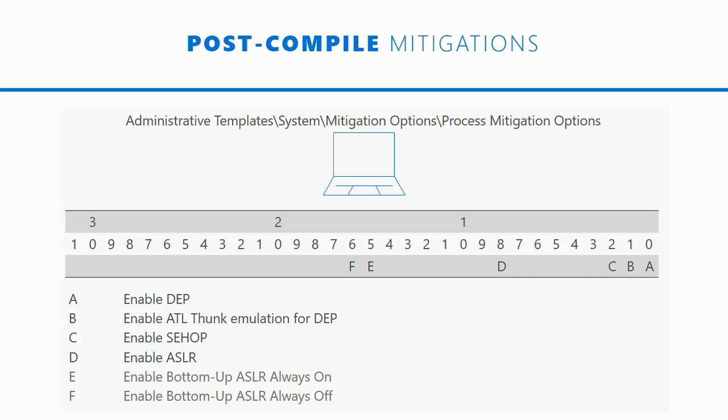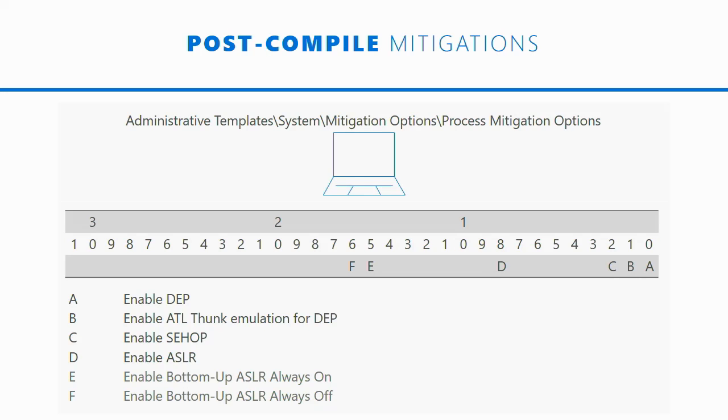So that little table in the middle with all those numbers, what we're going to enter is a bit mask that indicates either a 1, yes, please, I would like that feature, a 0, no, thank you, please leave that one turned off, or a question mark, I don't care. For all of these options, and curiously enough, we take bit 1, bit 2, and bit 3, that's DEP, ATL thunking for DEP, we use that for IE, and structured exception handling mitigations as well, that's bit number 3, and